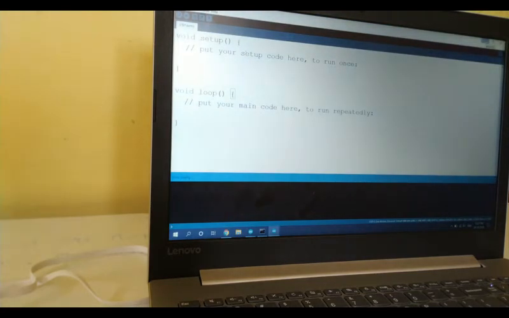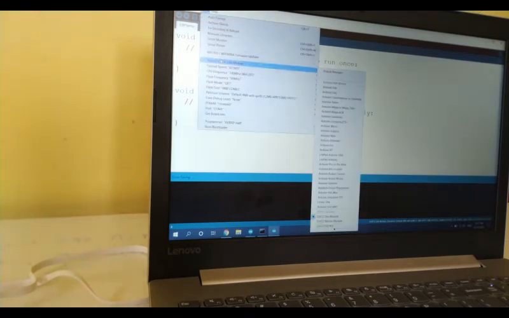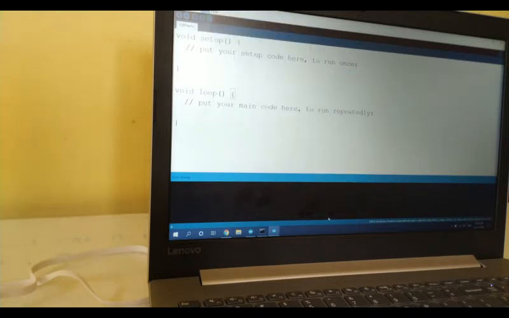Okay. After having done the installation, you need to check it. So if you go to Tools and select Board, here it shows available boards, and you should be able to see ESP32 development module. If you are able to see this, it means the installation is successful. I have installed it and I have explained all those steps in my blog. Please read that blog. There you will come to know how to install ESP32 development module. Okay, you need to select that one.